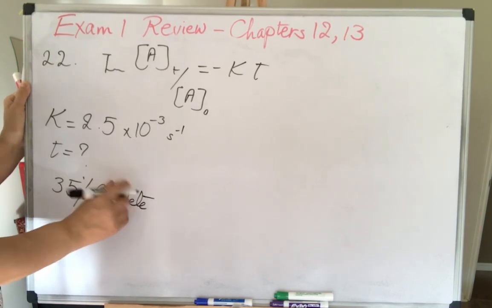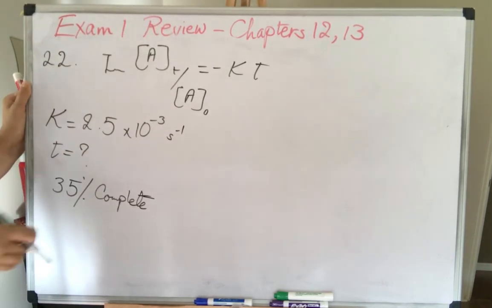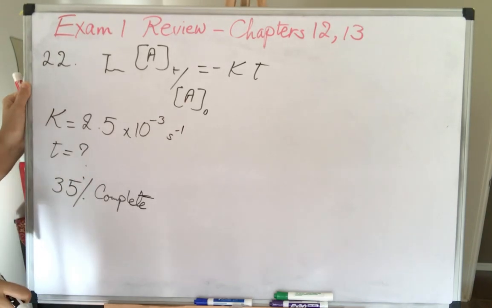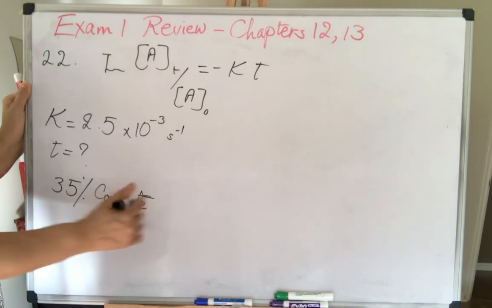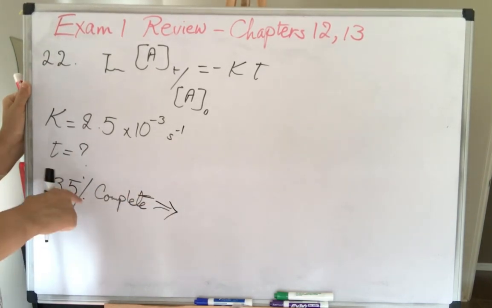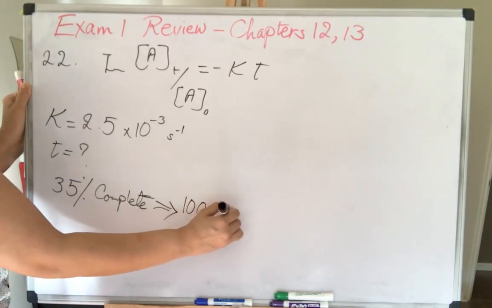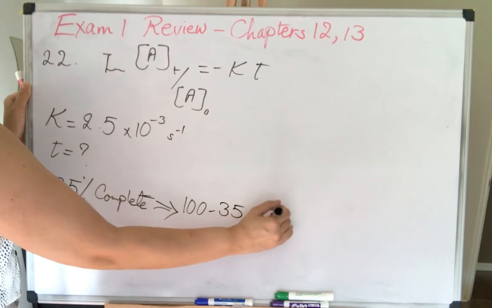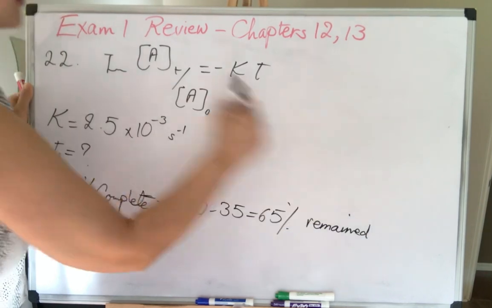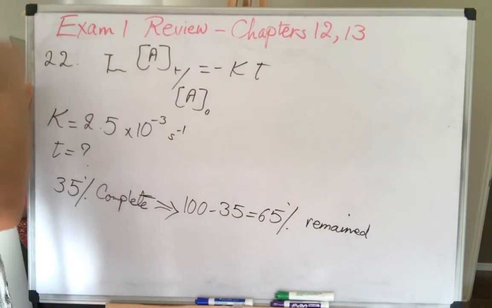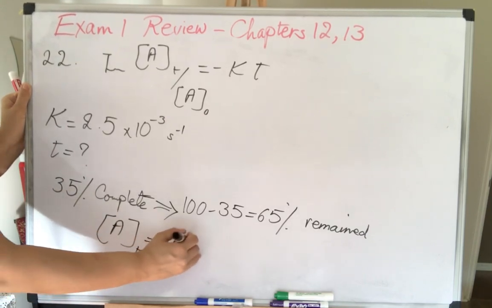So it means that we need to solve it based on this equation, but it seems like we don't have AT and A0. But yes, you do. From this data, 35% complete means how much is left? 35 out of 100 is complete. So 100 minus 35, 65% remained, right? 65% of A0 remained. So can I say AT is 0.65